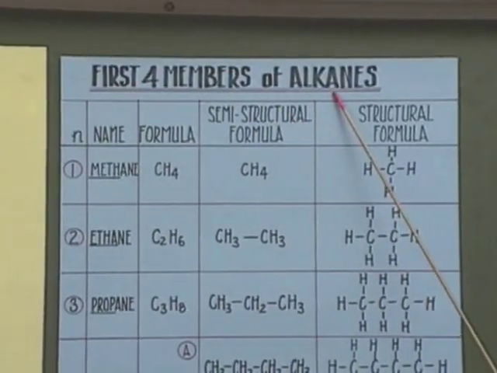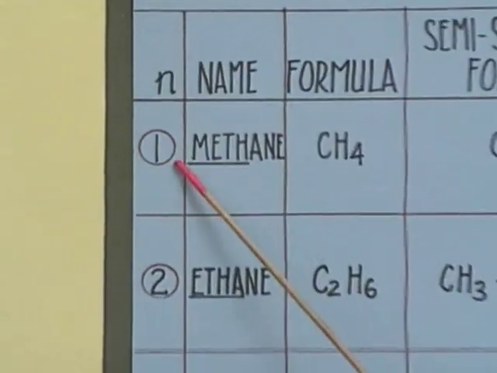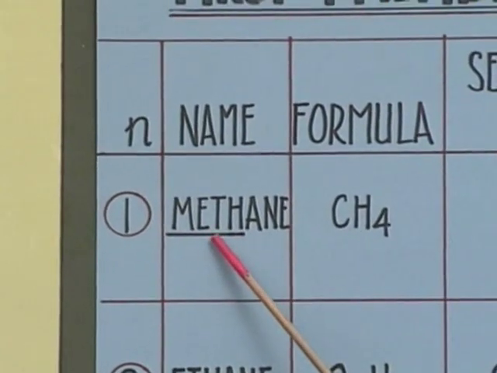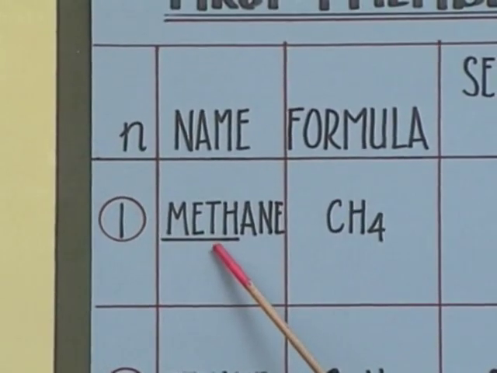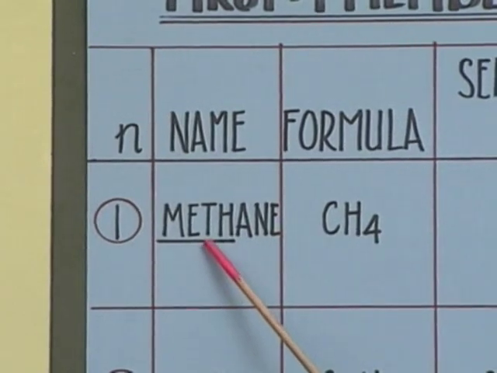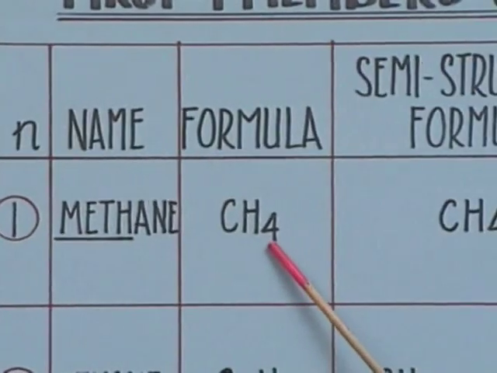Now, let us look at the first four members of the alkanes. When n is 1, we have our first member, methane, where meth is the numeral prefix used for any organic compound containing only one carbon atom. The formula is CH4,